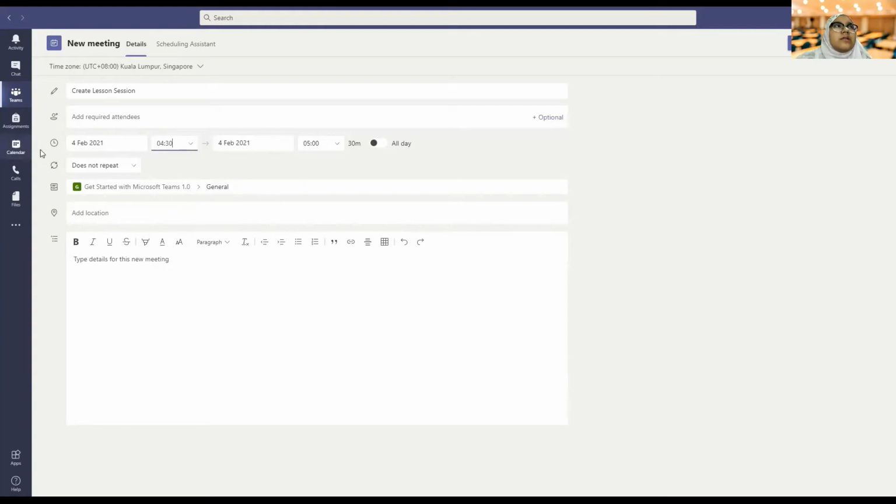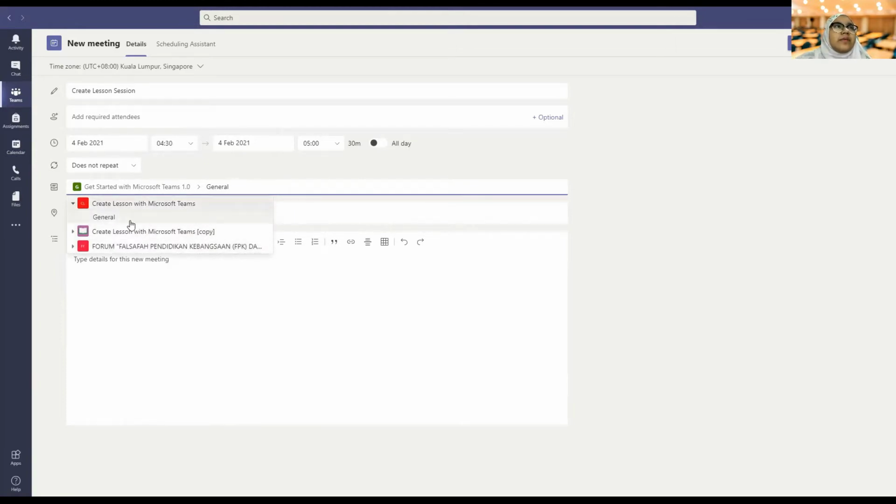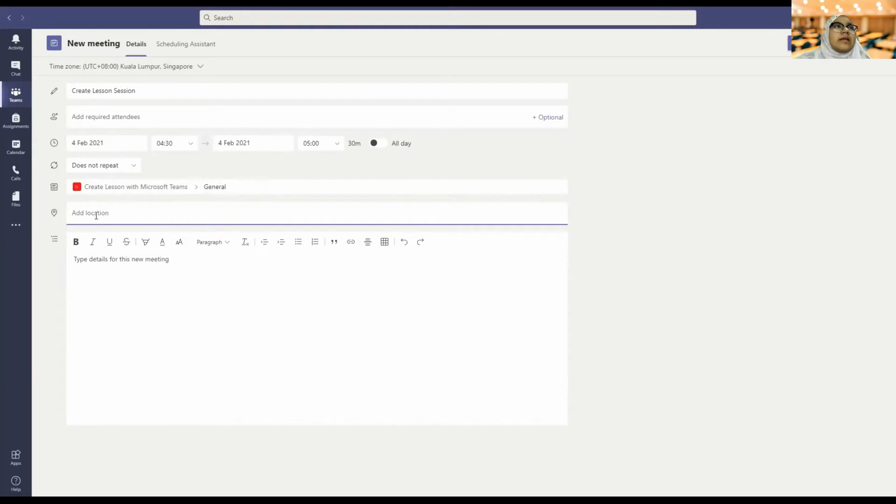You can also assign members if you want to send the notification to them immediately. You can put the email or their Microsoft Teams username, put the date, and you can assign which team